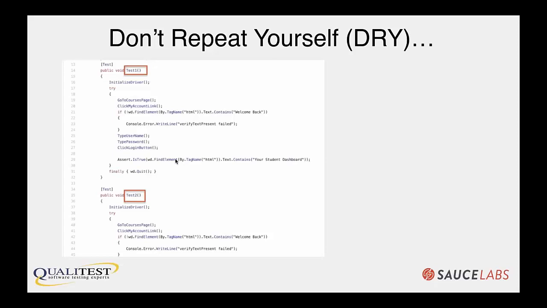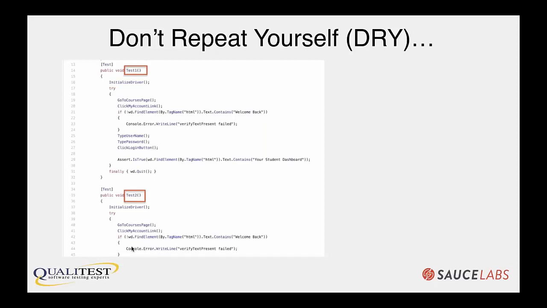There are higher levels of duplication that can occur in test automation. For example, you can see here that we have two tests. These tests are actually using different kinds of functions. But if you look inside of the tests themselves, you can see that there's even duplication occurring between the tests, not in just a single test, but between the tests. So look, for example, here we're initializing a driver, then there's this try-catch block here, try-catch block here, then in here we're even doing the same steps where we're going to some page, we're clicking some information, then we're handling some text, and here we're doing the exact same thing.